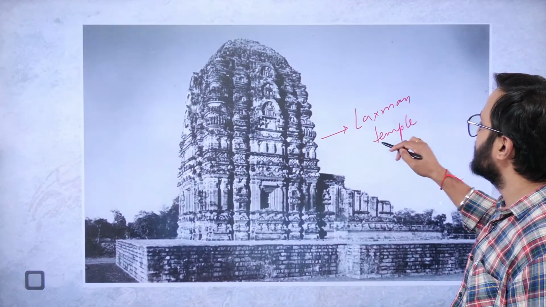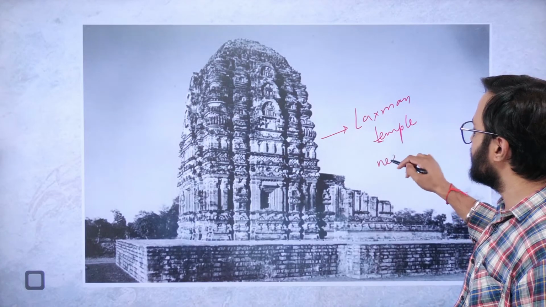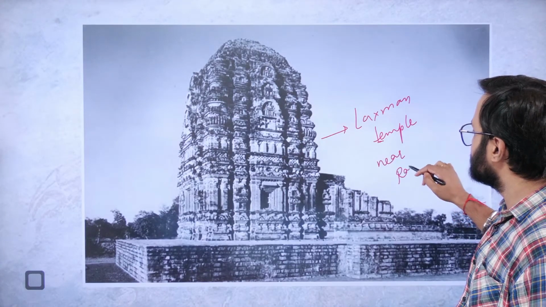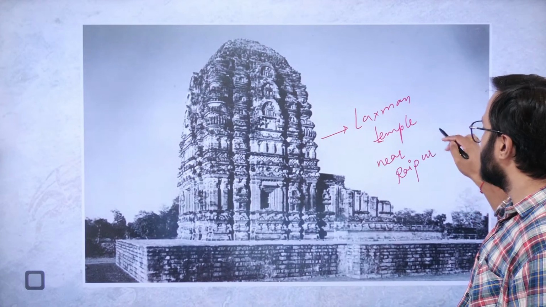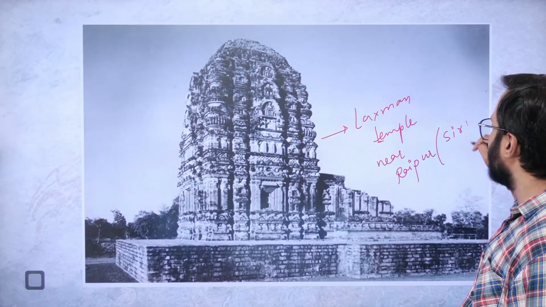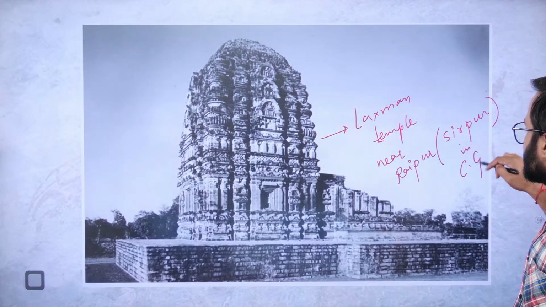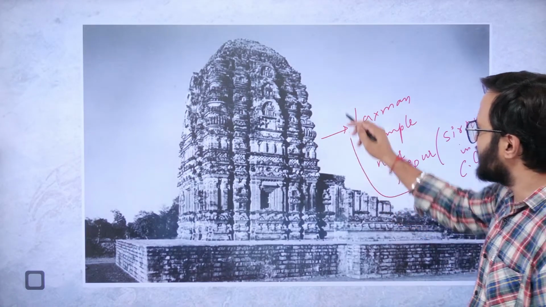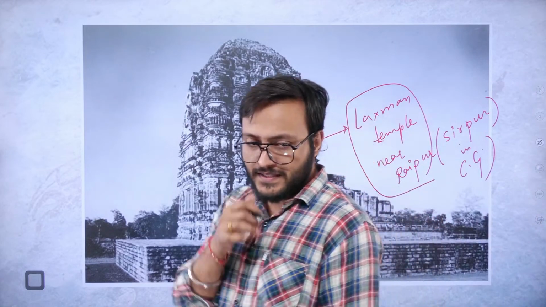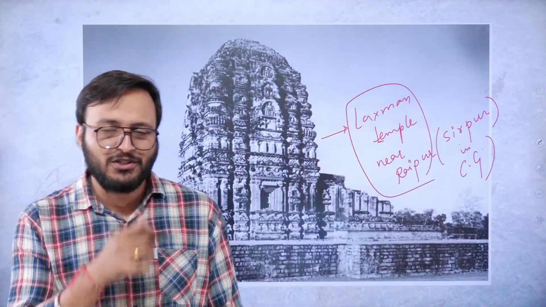Lakshmana temple located near Raipur, at a place called Sirpur in Chhattisgarh. So this is actually supposed to be one of the oldest sculptures or oldest structures in Chhattisgarh related